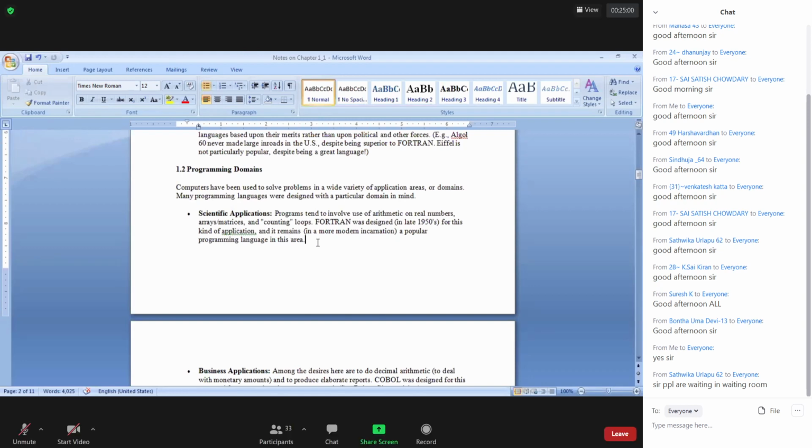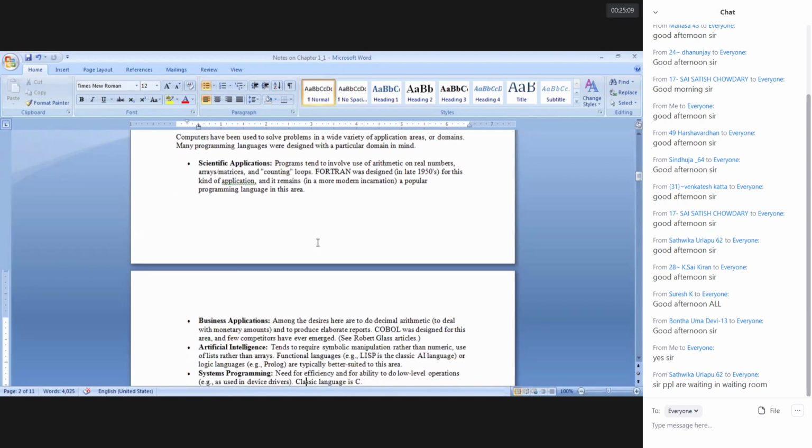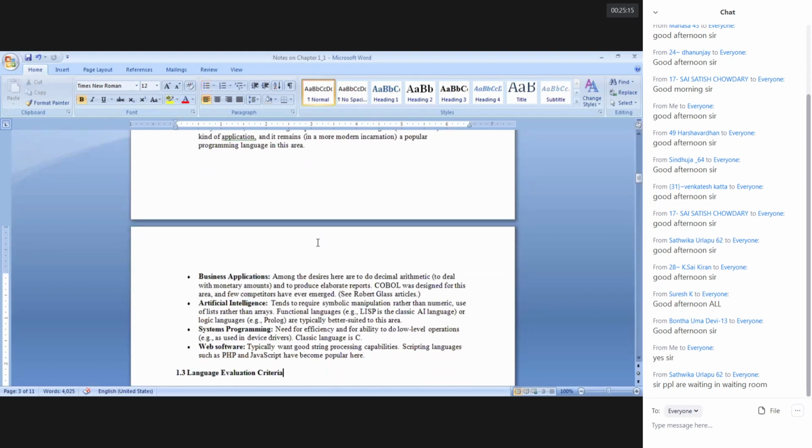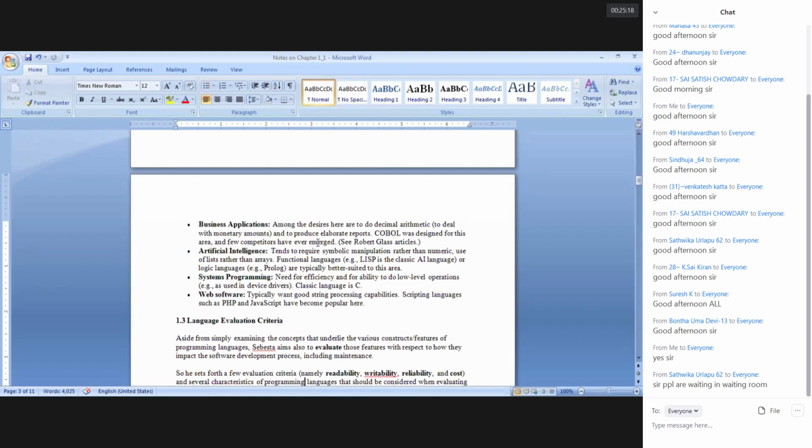A popular programming language for designing scientific applications is this. It is one domain. So we have many other programming languages nowadays, but in the previous days we used to have only a few. If they developed a programming language, they developed it by keeping in mind that it is more useful for this area.